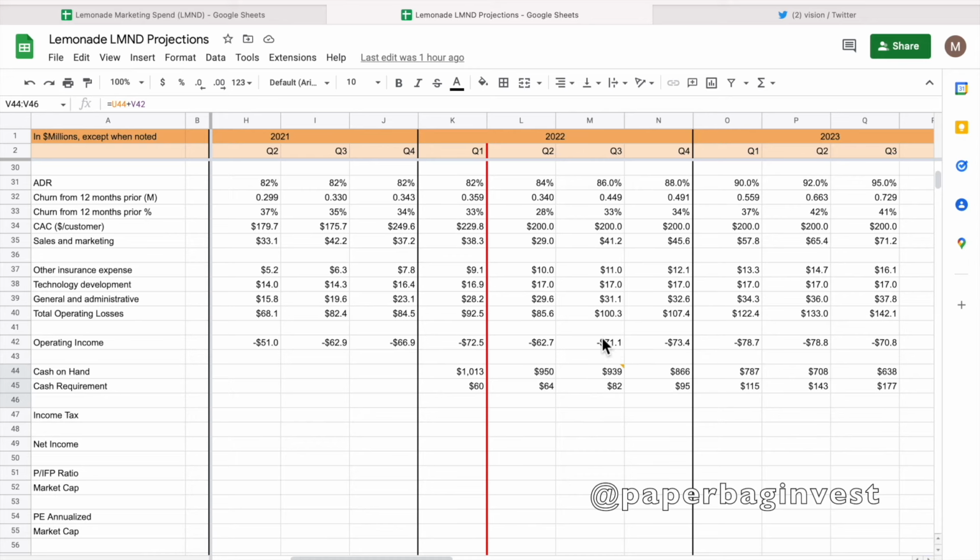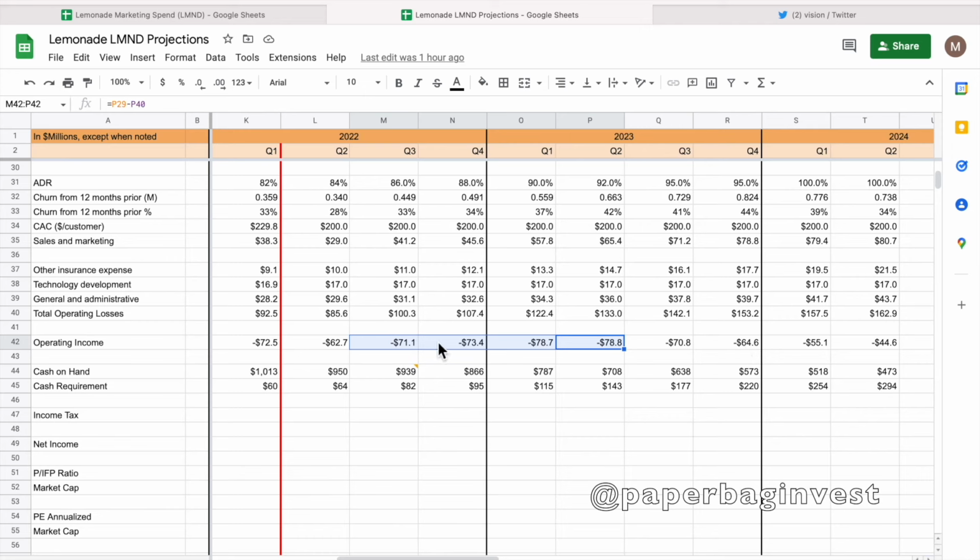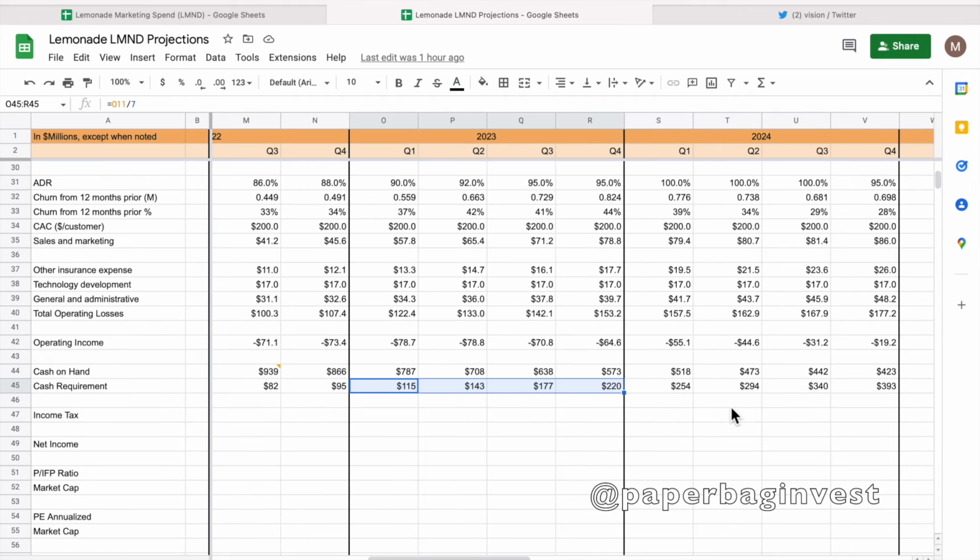Daniel said on one of the recent calls that they expected later this year to have peak losses. So this model kind of fits that. You're at about 60 million, 70 million, maybe next year too, 78 million, 70 million. Could be some rough waters ahead for 2022, 2023 if this isn't all accurate. And they're continuing to bleed money, so that's a little bit scary of a picture to look at, right? While your in-force premium is actually growing, so your cash requirement continues to grow. But it starts to get quite interesting.